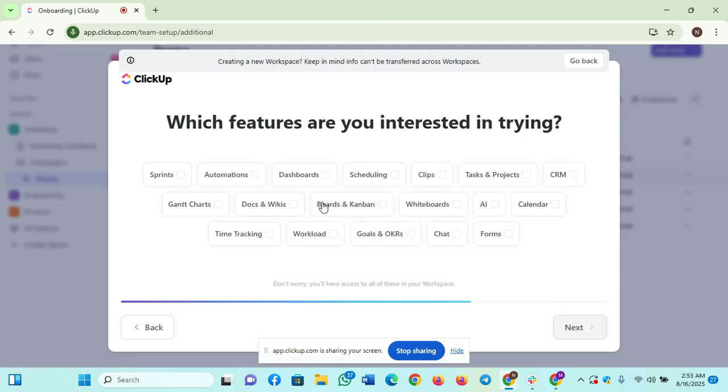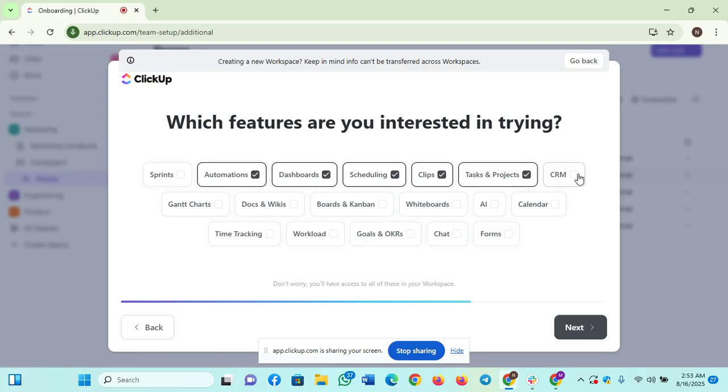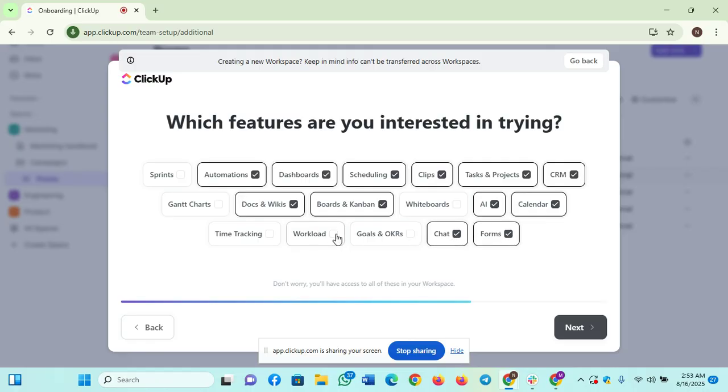Next, which features are you interested in trying? Automations, dashboard, scheduling, clips, tasks and projects, CRM, documents and wiki, board and Kanban, calendar, AI, forms, charts, workload, time tracking. Next,